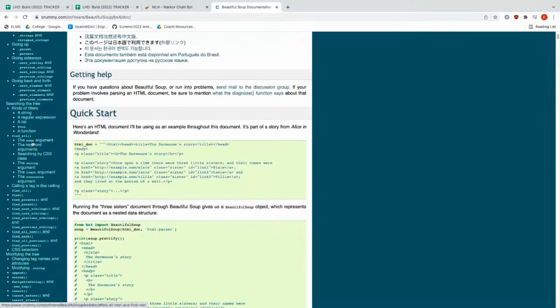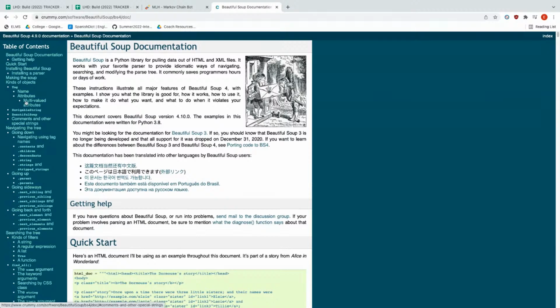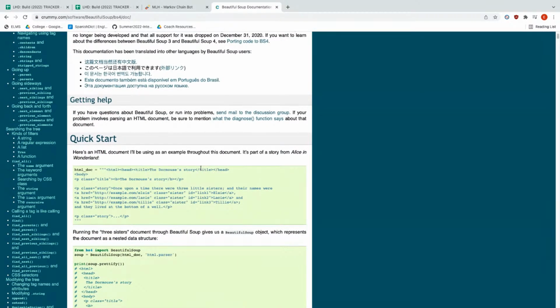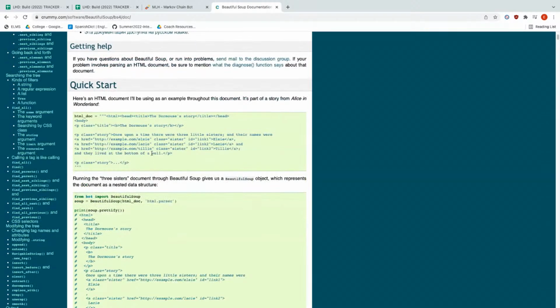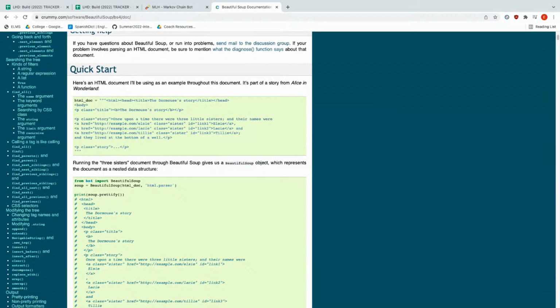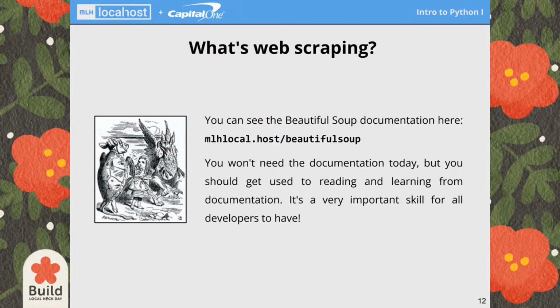So basically, these are just all different things involving Beautiful Soup. Anything that you want to do with it, you should be able to find using the documentation. And it's a really good skill to have, because you're going to be going through lots of different documentation in your time as a computer programmer. So again, we're not going to be using much of this today, so I'm not going to get too deep into it, but I do recommend Beautiful Soup as an easy Python library to learn, and this is a great website to use to learn it. So if you wanted to continue to learn after this, that is one way you could do that. But with that, I'm going to switch back here.